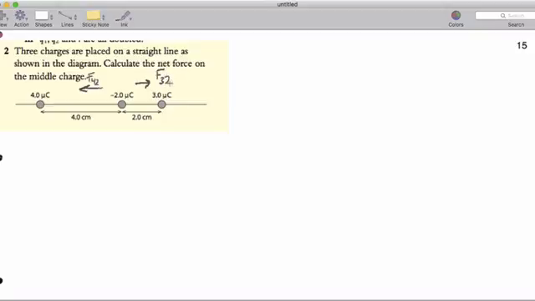So what I'm going to do when I set up this formula is I'm not going to worry about negative and positive. I'm going to worry about which way the forces actually pull the charge. By writing this arrow and this arrow, I've already taken care of the sign. So I'm going to get the net force as